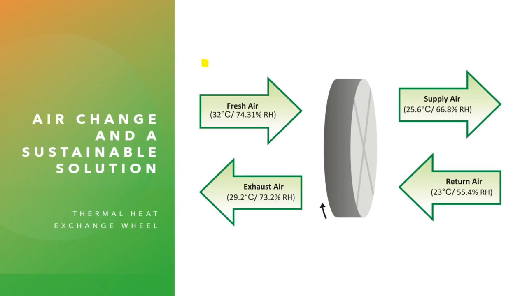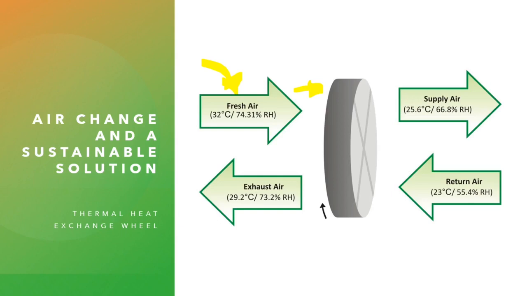So we can see the fresh air here is coming in to the wheel. Okay, fresh air is coming in, and it's coming in at 74. So this is coming from outside. So we've got 32 degrees and 74% humid. Now ordinarily that wouldn't be very nice. You don't want your classroom at 32 degrees and 74% relative humidity. What happens as it comes through the wheel